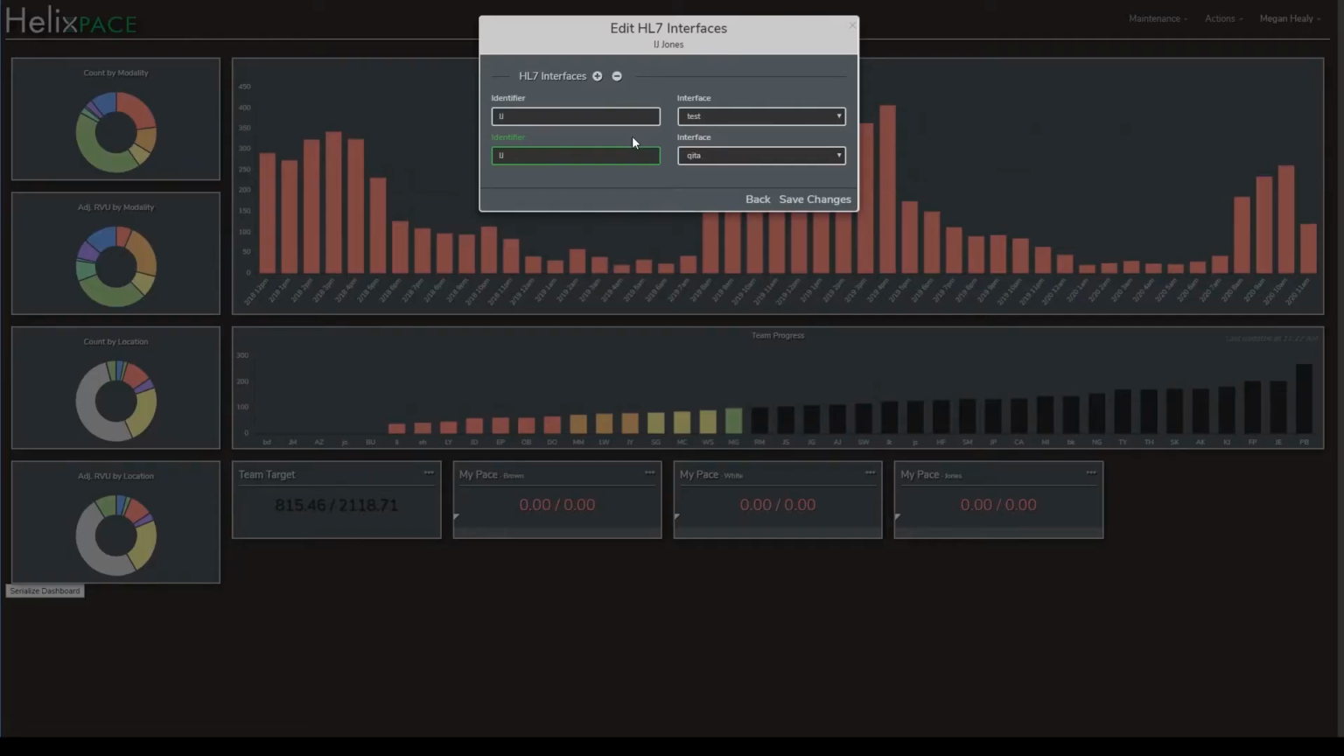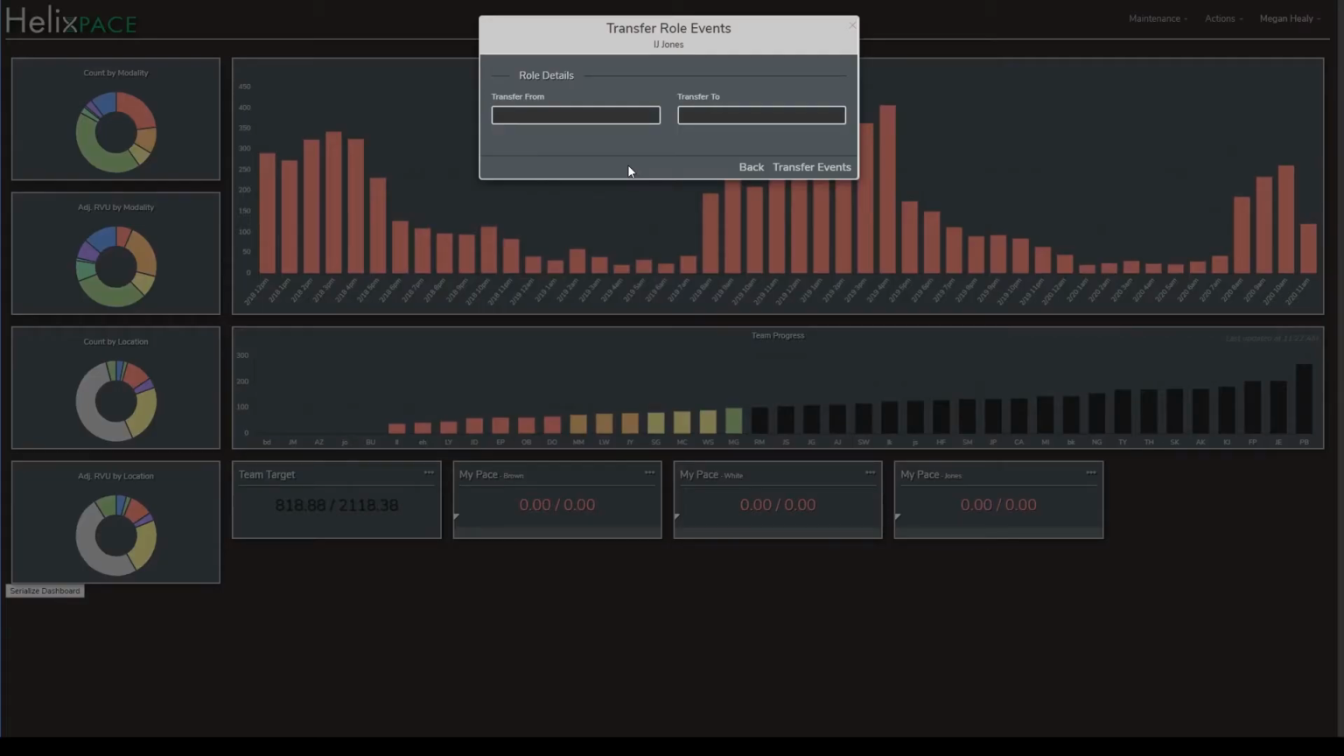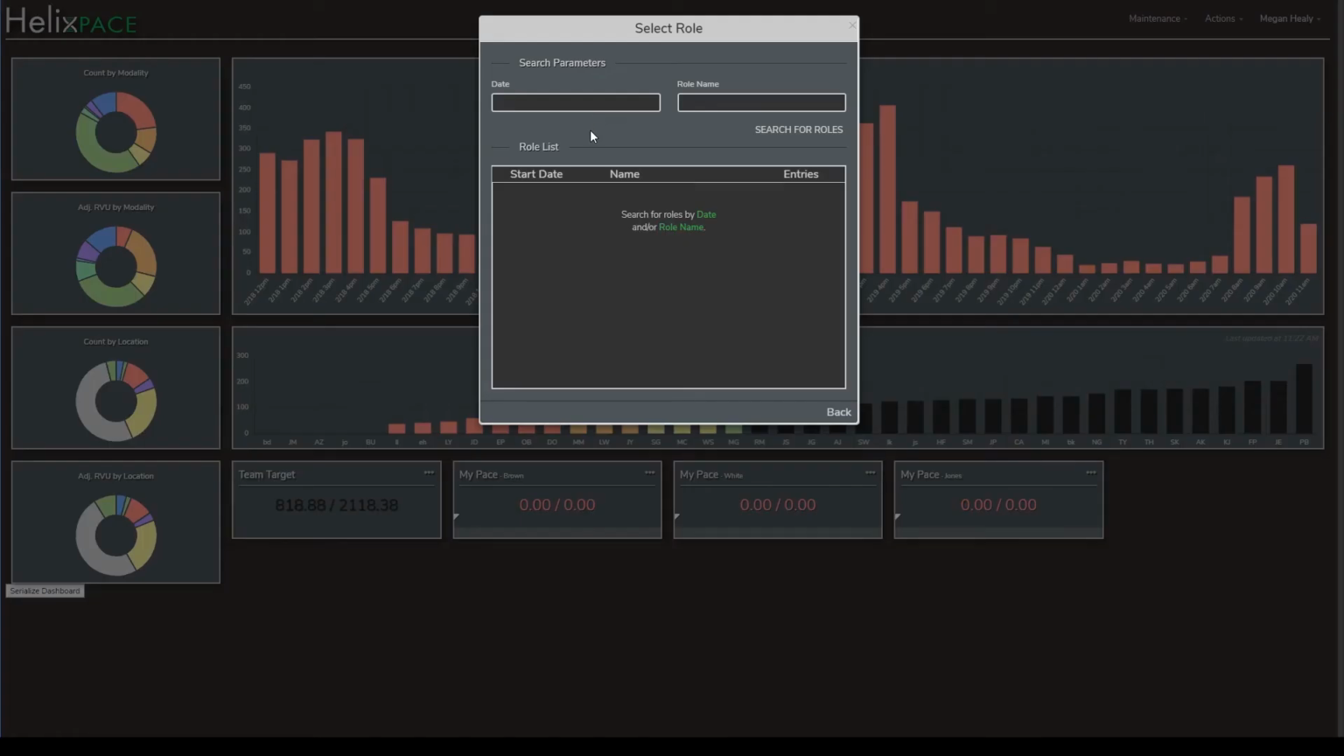You may add new HL7 interfaces for the user. In this section, you can also transfer completed or delete completed events for the said user. Transfer completed events allows you to move events from one role to another if they're accidentally documented in an incorrect role. Clicking on Transfer From allows you to choose the date,